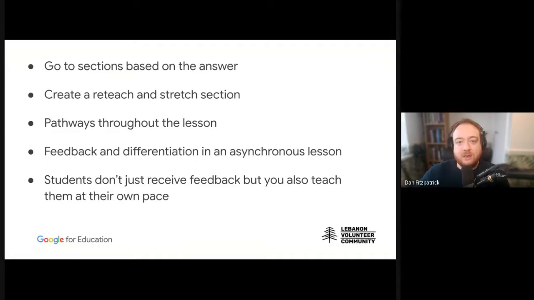So it allows that instant feedback that they would get in a real classroom, because they know by going to a certain section whether they got it right or wrong, and then it allows them to improve their knowledge, try it again as well, which I think is really important for students to not only experience the reteach, but then get the ability to show off their knowledge once they've learned it, and then also bring in that